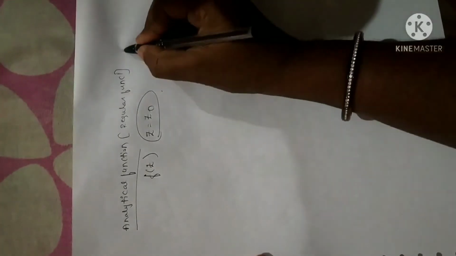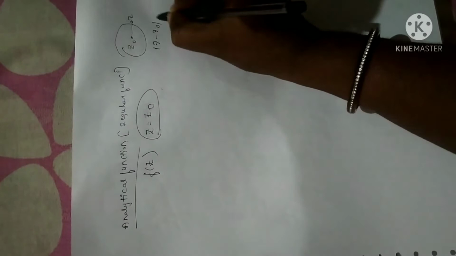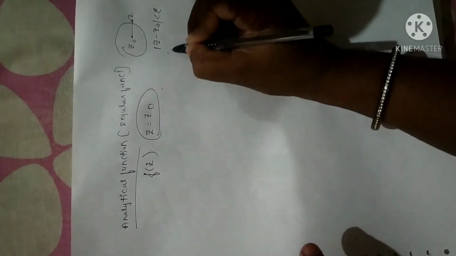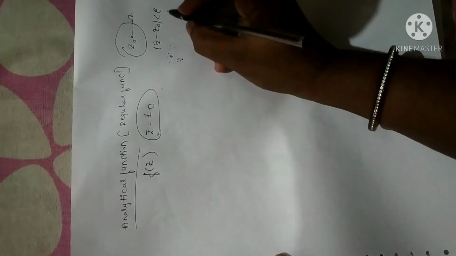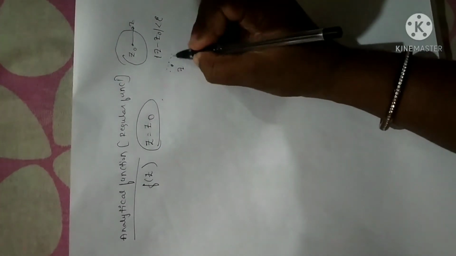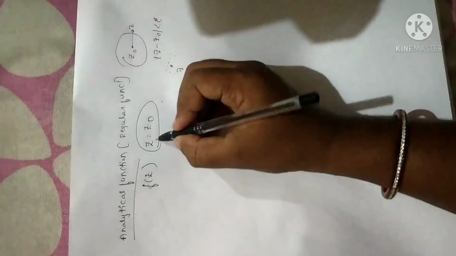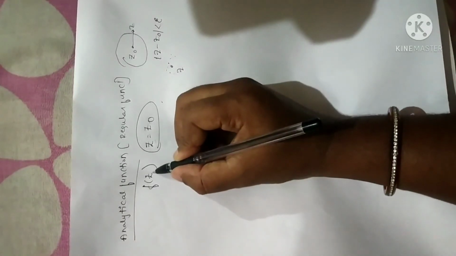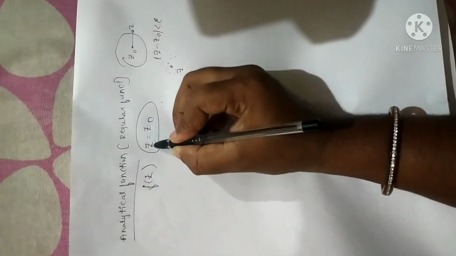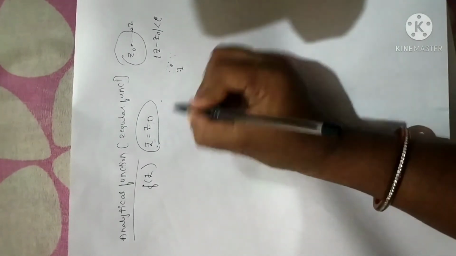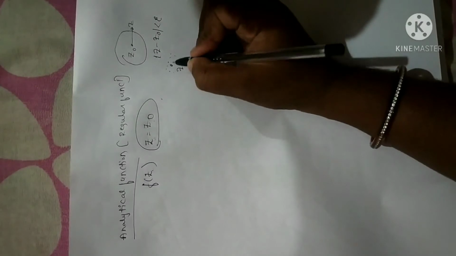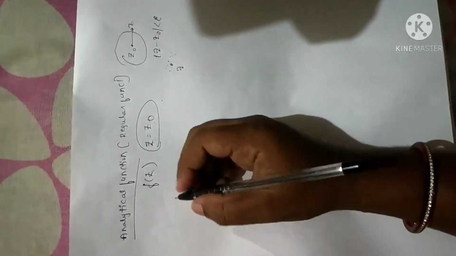What is the meaning of neighborhood? As I told you, suppose I have a point z naught here and z here, the distance |z minus z naught| should be less than epsilon. So all the points around z naught are in its neighborhood, because the difference is very small. Closely lying points are what we call neighborhood points. So a function f of z is said to be analytical if it is differentiable at the point z is equal to z naught as well as in its neighborhood, in the sense of the points which are very close to it. That is the definition of an analytical function.